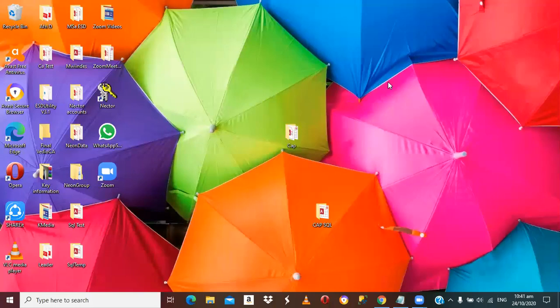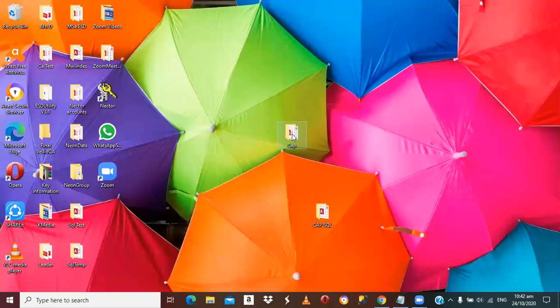How do you do it? When you receive the files from Nector Prime Accounting Solutions via an email, you have to create a folder on either your desktop or the server, whichever way you want to put it. In this case, I've created a folder for you on the desktop so that you are able to see what goes on. So if I click here,